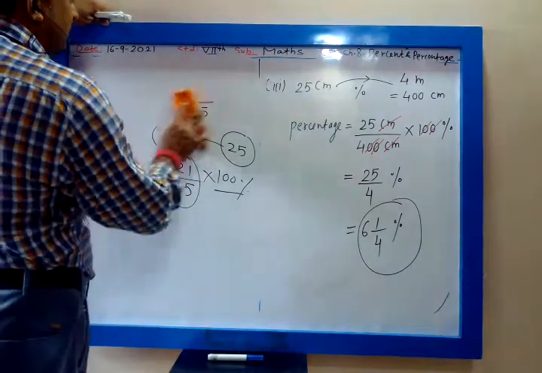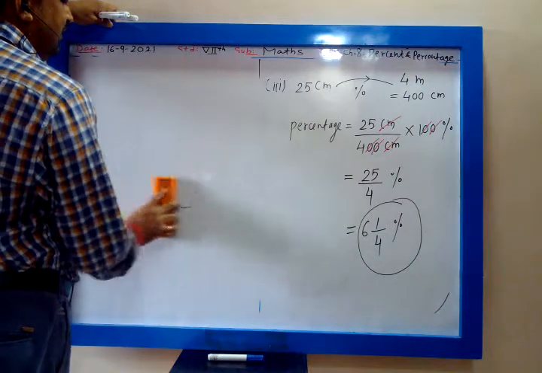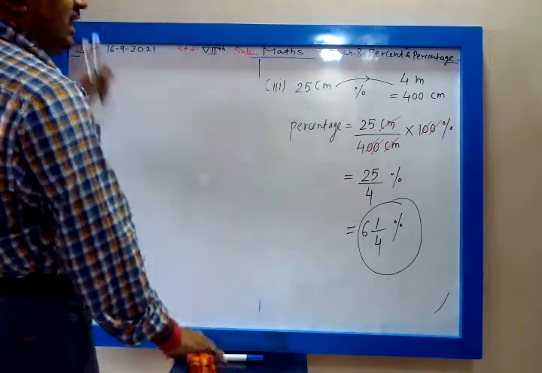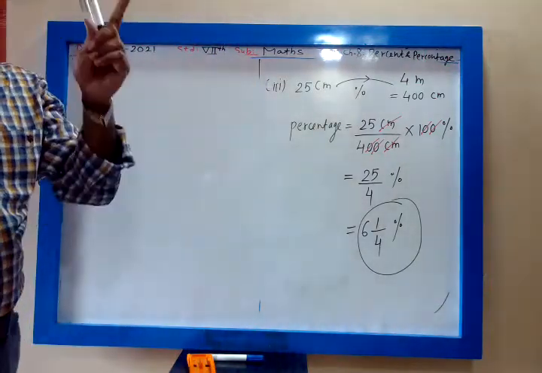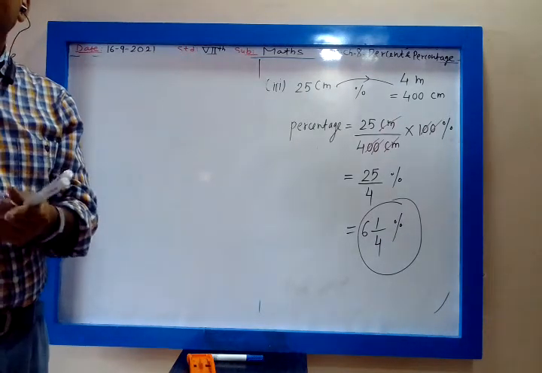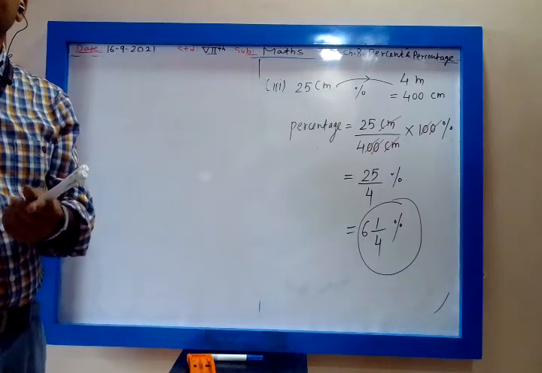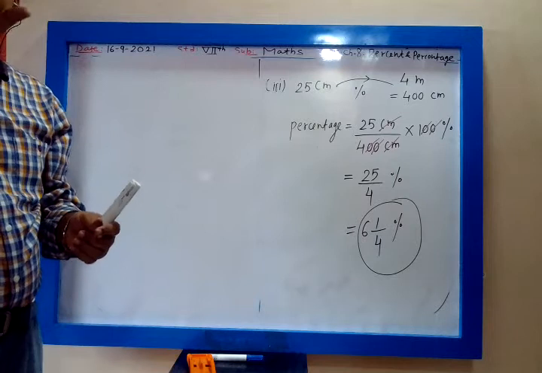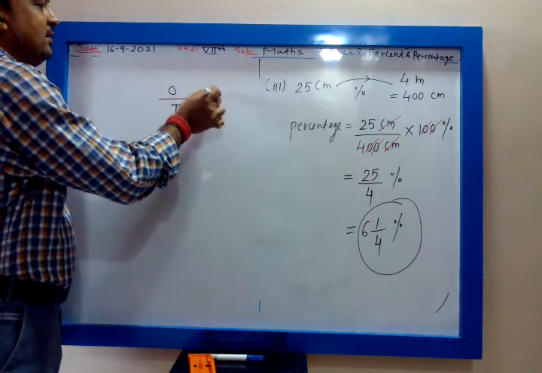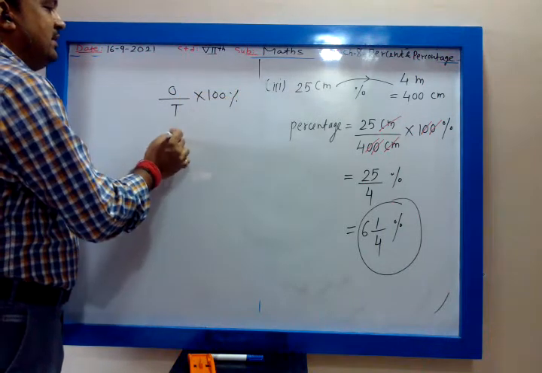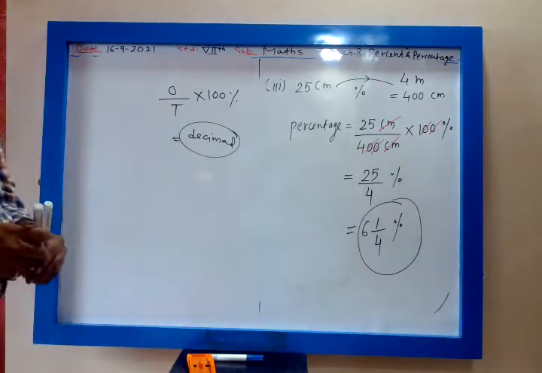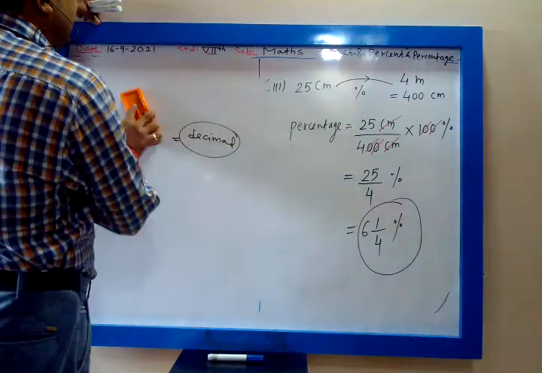Is it clear? So what is homework for today? Whichever marks are visible to you, math marks. Tomorrow or whenever we have next period, I will ask you the answer in terms of percentage, not marks. Is it clear? So homework is, today you have to calculate your math percentage. How many marks you have obtained, marks obtained upon total marks multiplied by 100. Everybody will calculate the percentage in terms of decimal. And tomorrow you have to give me the answer. Each one of you will give me the math percentage, not math marks.